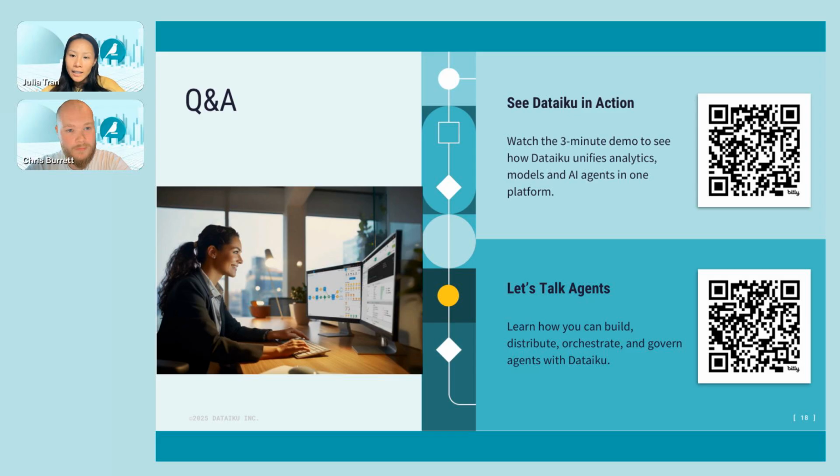And then Vojtech said, does Agent Hub support agents external to Dataiku, or does the main orchestrator agent need to be a Dataiku one? Oh, that's a good question. At the moment, I would say the main orchestrator needs to be a Dataiku one, and then it calls the other external agents as tools. Yeah, that's how we have to interact with it at the moment. But it's a good question.